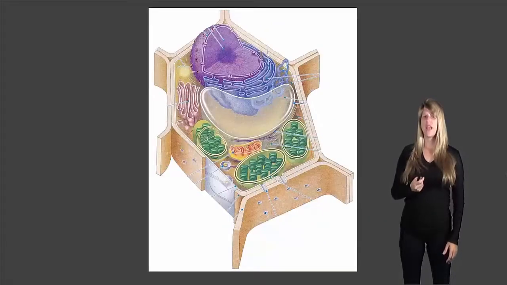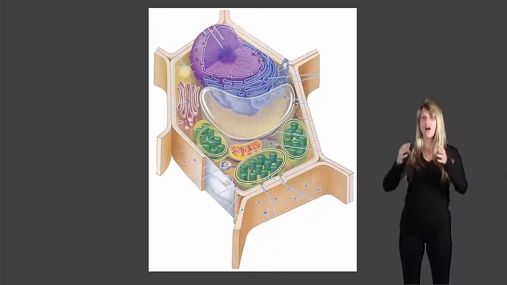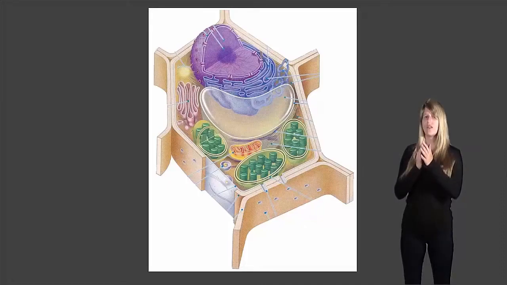And then here we have a plant cell. We can see it's much more angular. It's got the cell wall in brown around it with the cell membrane inside of that, the purple nucleus with the endoplasmic reticulum around it, the clear empty vacuole in the middle. We have the green chloroplast and the orange mitochondria. We have the sort of brown colored Golgi on the left, and we have some peroxisomes, those round shaped things